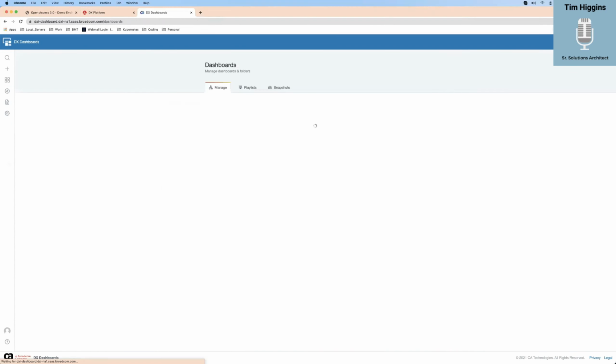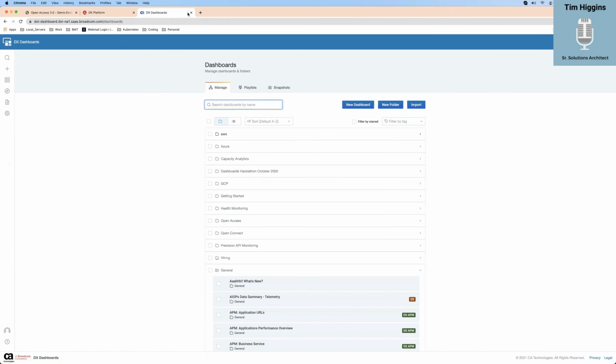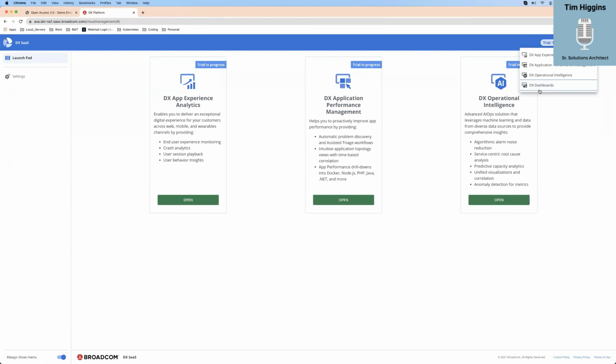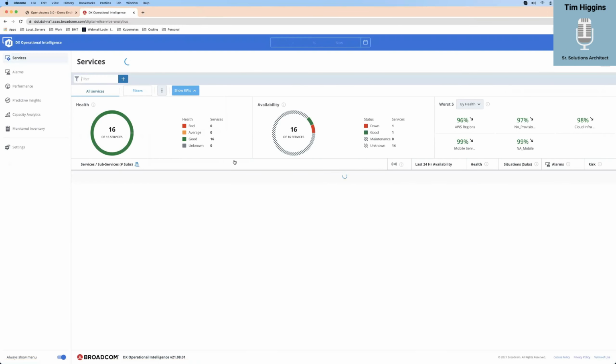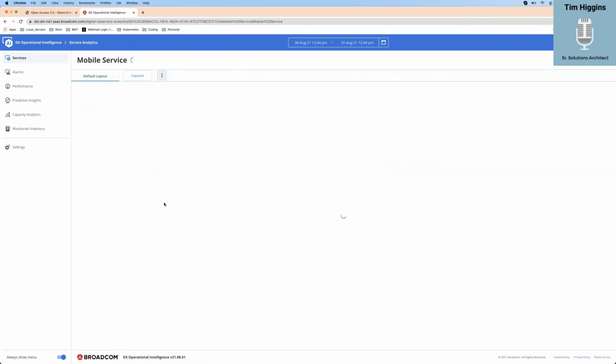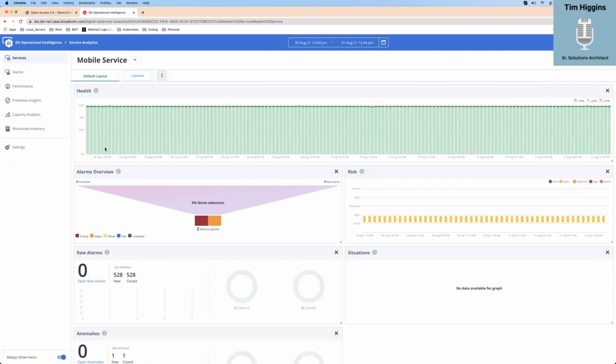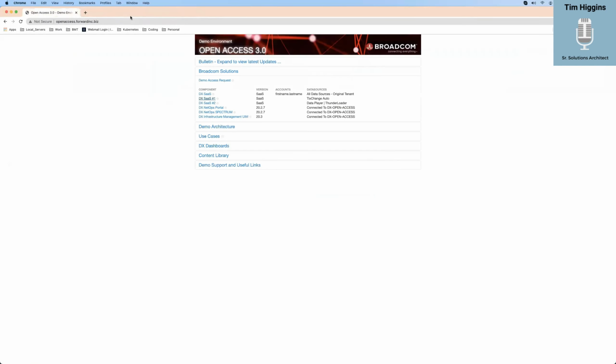So with saying that, let's get back over here. I'm just going to close this. The other thing is the Operational Intelligence. You kind of just saw it a few seconds ago. If I click on it, this is a way of getting a lot of your alerting and a lot of good information together in one view. But the good thing about this is you can use a lot of other products as well, including third-party products that are not part of Broadcom. So let's go ahead and close this.